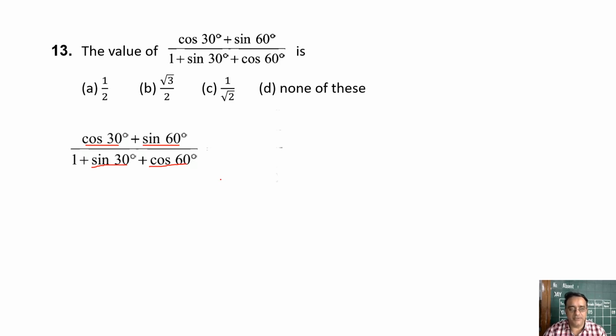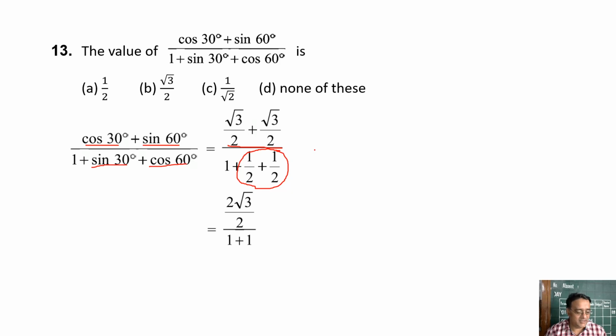Let us now substitute. Right? So root 3 by 2 plus root 3 by 2 will become 2 times root 3 by 2. And what is half plus half? 1. So we'll get this step. Is this step clear to everyone? Yes, sir. Okay. Here you see this 2 is cancelling. So what are we going to get? Root 3 by 2. So which option is the correct one? Option B. Right.